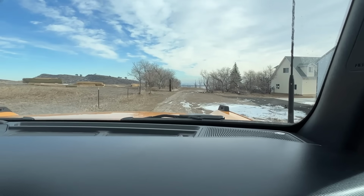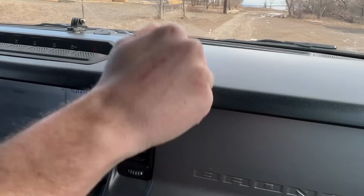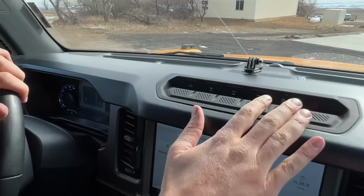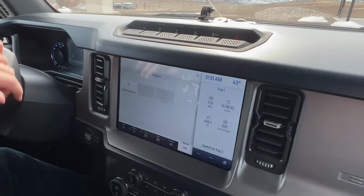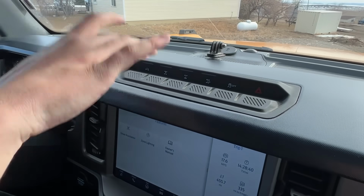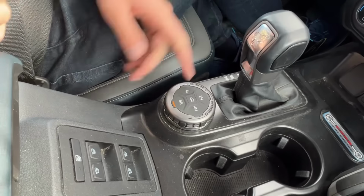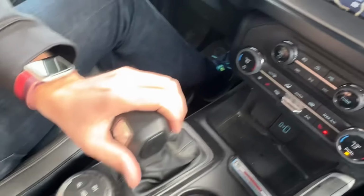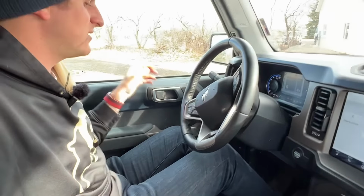Sure, there are some minor things I can nitpick, like some of the interior quality is a little Ford EcoSport-y, to put it lightly. And then, it's hard to find other stuff that is not great. The hero switches work fantastically well, super quick and easy to activate. They come on brilliantly. The 4-wheel drive system is great. I never use the GOAT mode. I just manually select lockers myself. The wireless charger is not excellent,